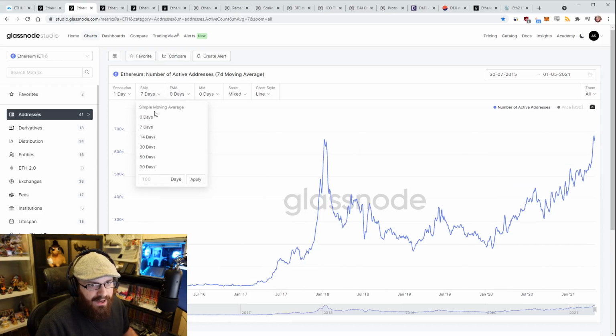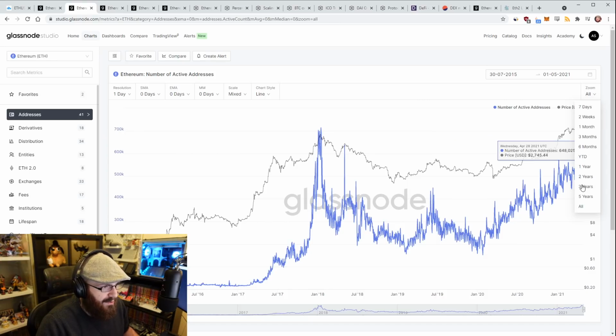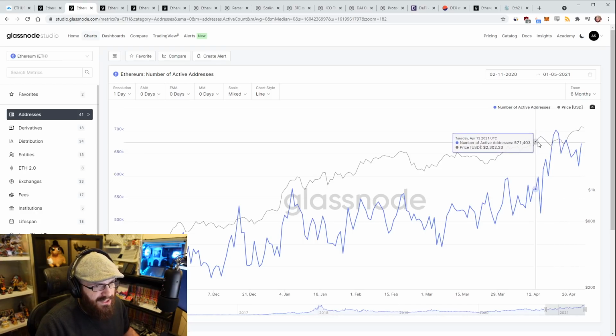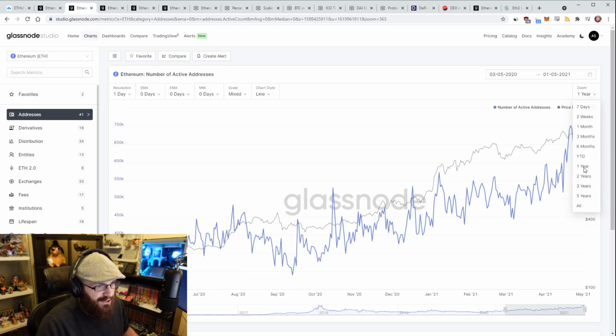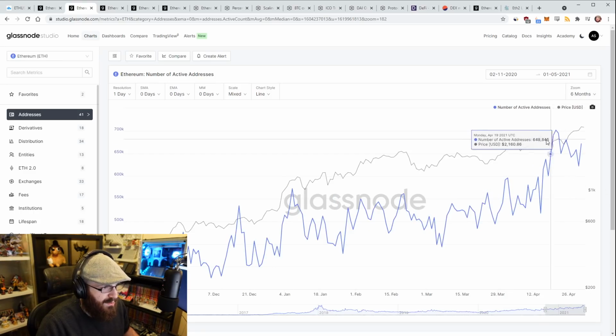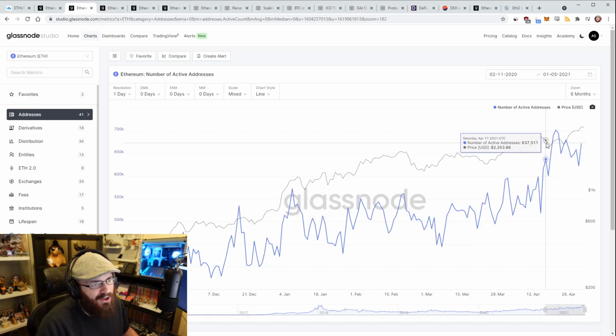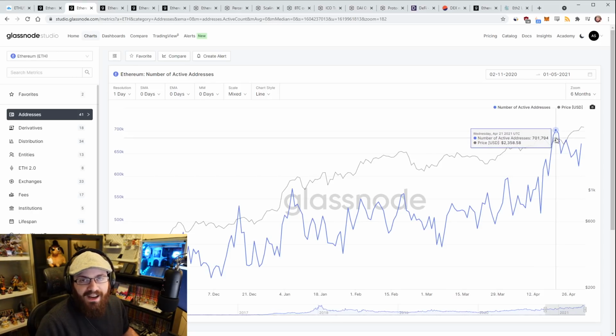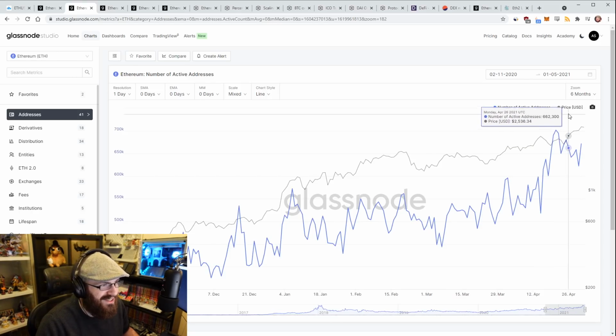But this is based on the 7-day moving average. If I go to 0 days here and we zoom in, we can see it went up and peaked at 700,000 active addresses, and then it came down to 622,000, back up to 671. So there is some variance here, but still the trend is up over the last 6 months, and over the last year as well, of course. And this spike happened in April. I think I'm going to chase that theory down a bit later, where the fact that the gas prices are low means there's more active addresses because more people are doing more things and they're not priced out anymore. That could be a legitimate reason. I haven't actually looked into that.